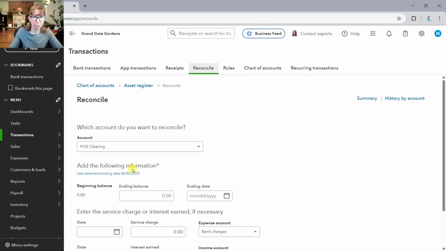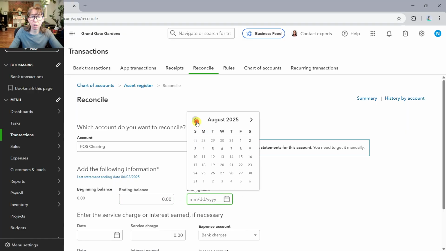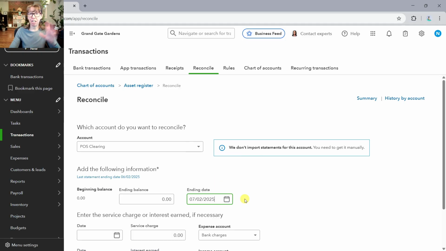So I'm just going to jump here. We're in POS clearing. I am going to just start with 0 just to crack it open. And as I said, we're not going to end on June 30th. We're going to end on July 2nd, and that's because July 1st is a holiday. So I'm going to say July 2nd, and just a caveat,